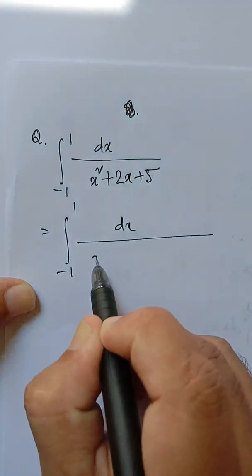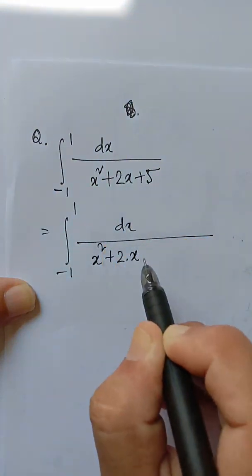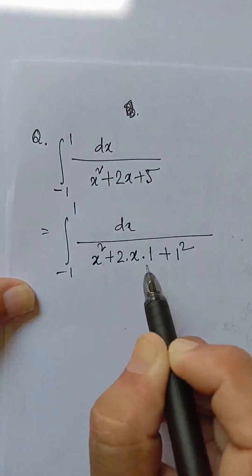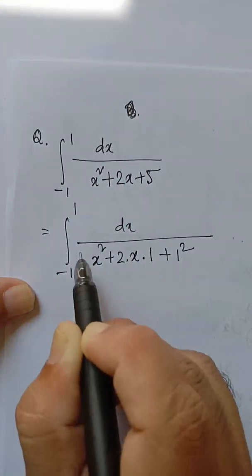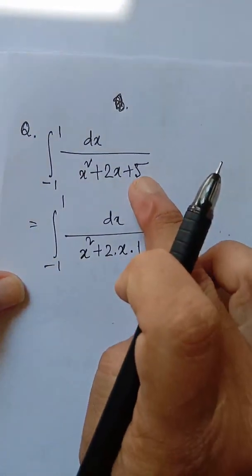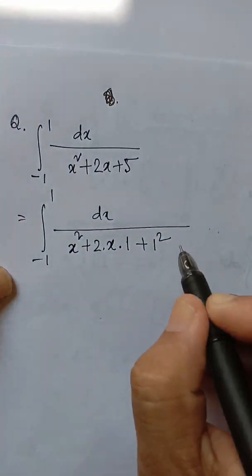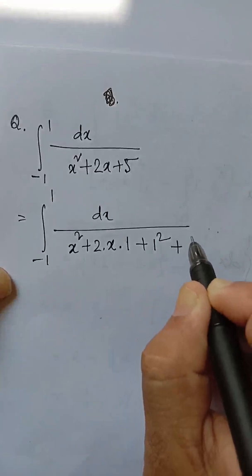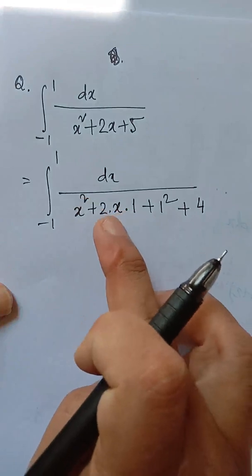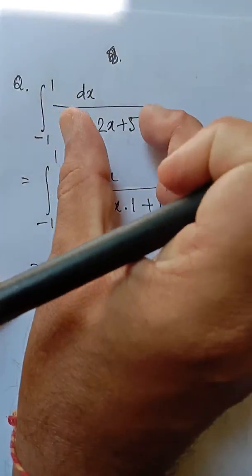Our first step will be x square plus 2 into x into 1, to get 2x we have to multiply 1 with this. So x plus 1 whole square, x square plus 2ab plus b square. Now it has become a perfect square, a square plus 2ab plus b square. In this line the constant term is 5, but here I have written 1 square, that means 1. To adjust we have to write plus 4. 1 plus 4 will be 5. If we simplify we will get this line again.